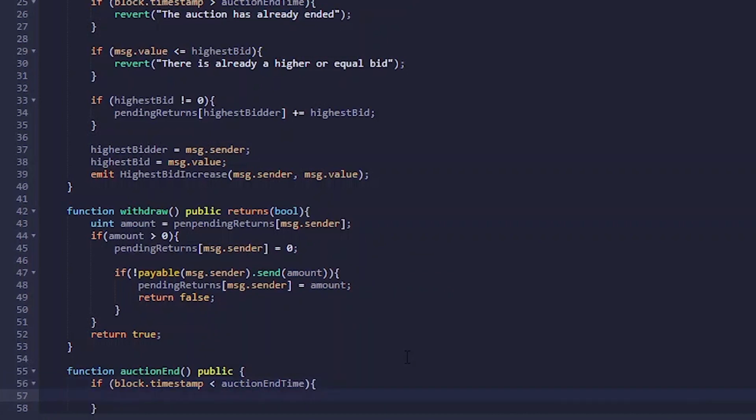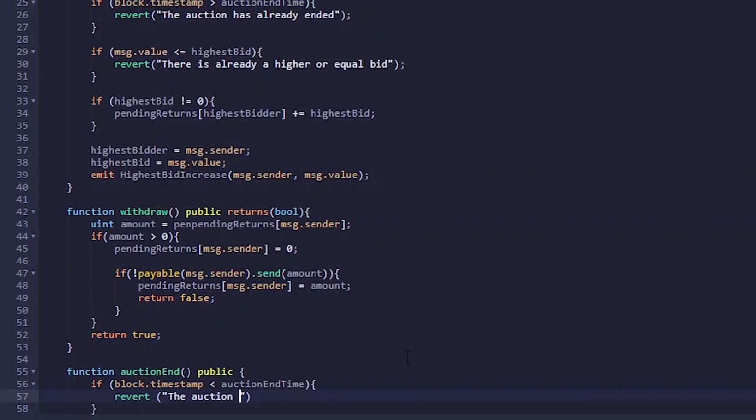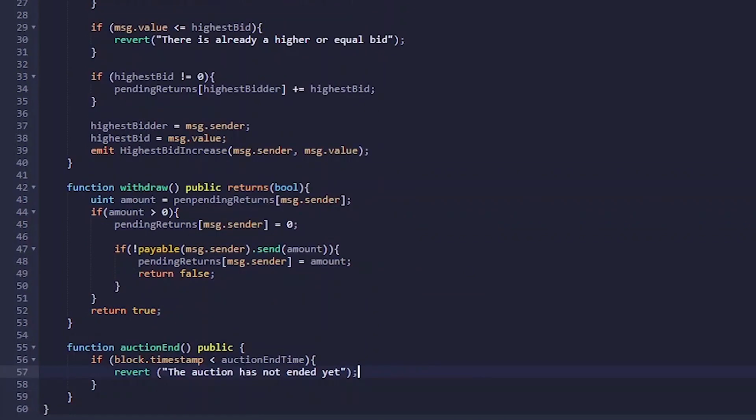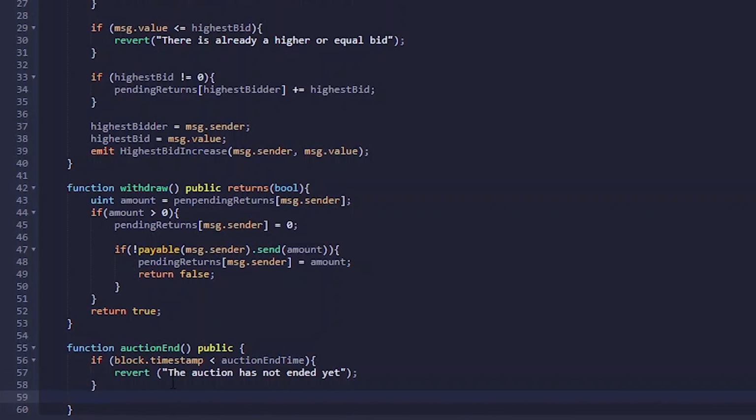It's bad. Therefore, we're going to revert the user, and we're going to tell him that the auction has not ended yet. Okay? Great. And the next thing that we need to do is we just want to make sure, and we're going to be using this Boolean here, we're going to make sure that our auction hasn't finished yet. So how do we do that? Well, basically, we just add a new if, and we say if